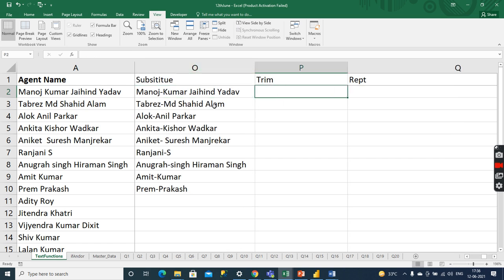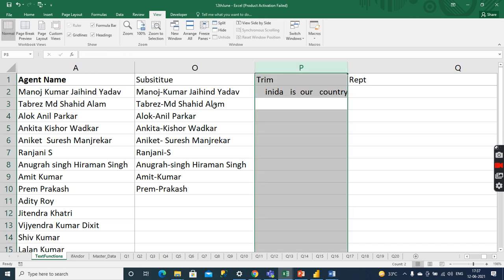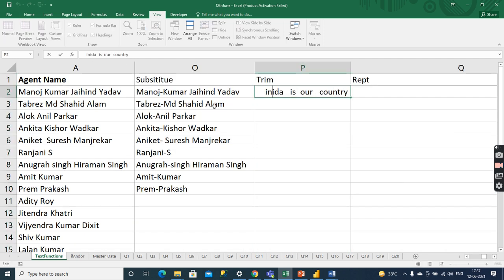So we have another very useful function, trim. What is trim? Sometimes in our data, you can see here, there are unnecessary, many spaces in your data. In the beginning, in the middle, and at the end also, right?